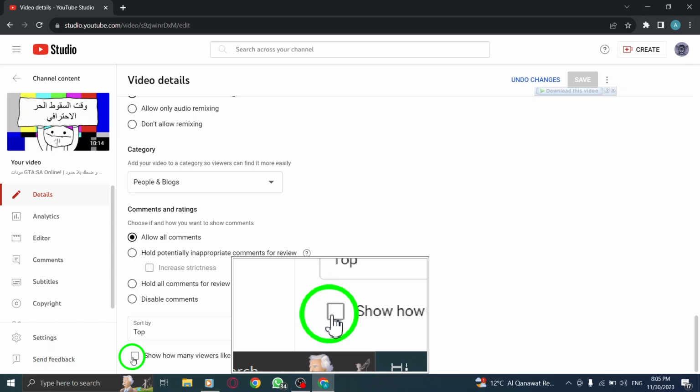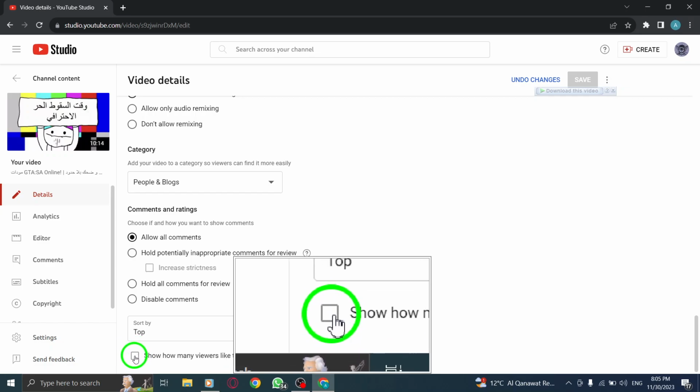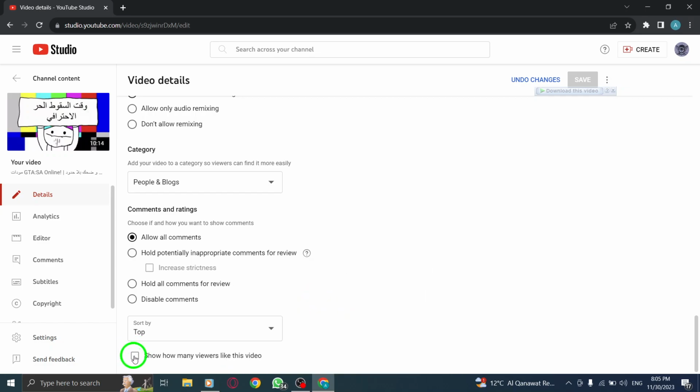By following these simple steps, you can easily disable the likes on your YouTube video, providing a different viewing experience